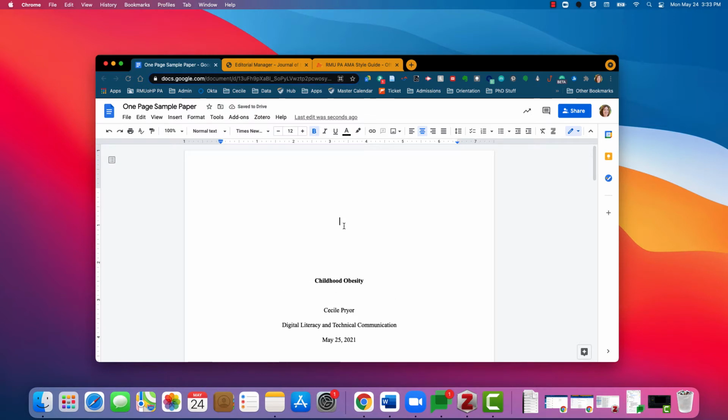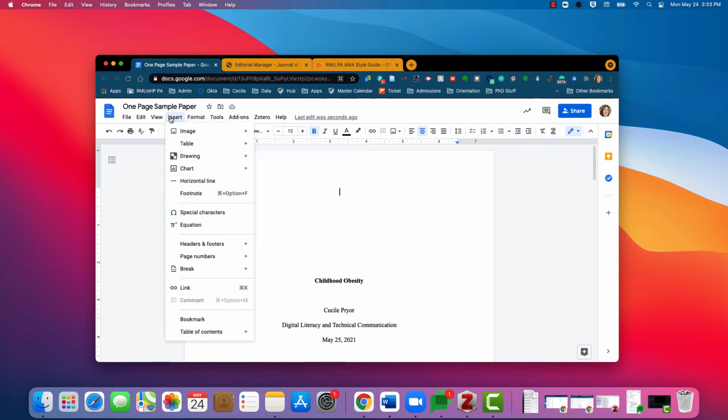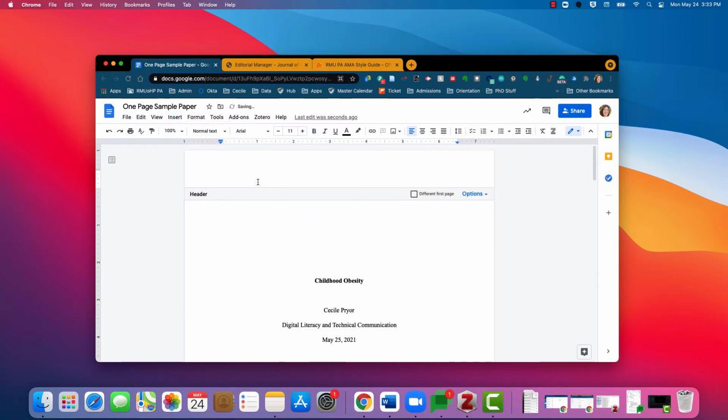Okay, so then the next thing I want to do is put in the header. So all I have to do is insert headers and footers, and I'm going to say header, and I'm going to put the title of my paper in all caps, and then I'm going to change that font as well, Times New Roman and 12. Then I'm going to put in a footer,